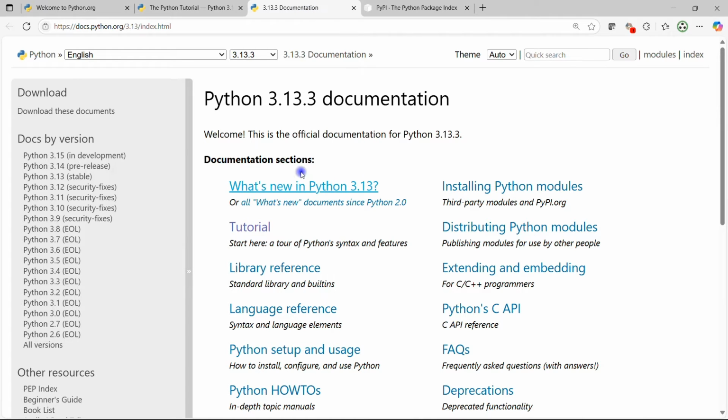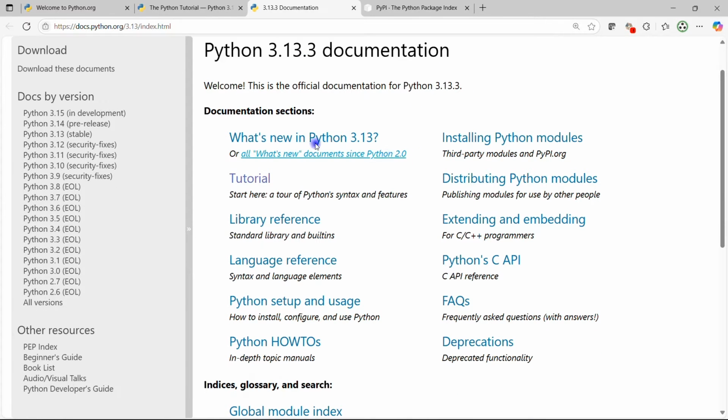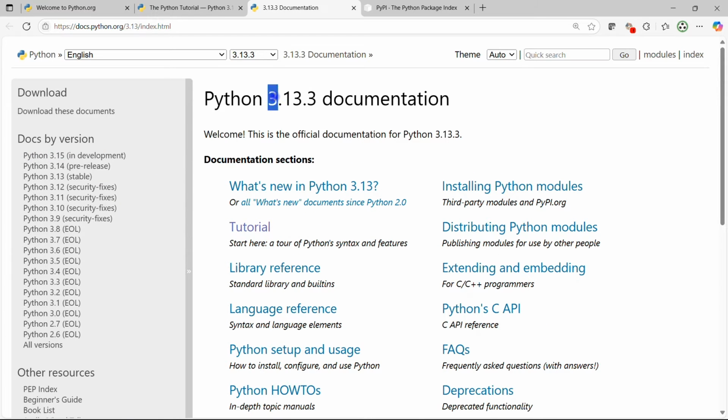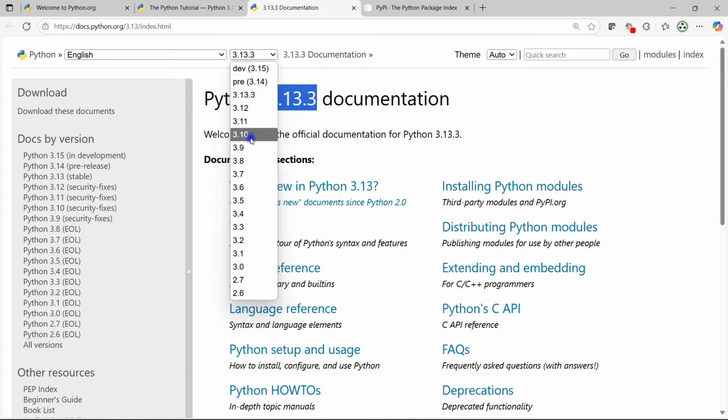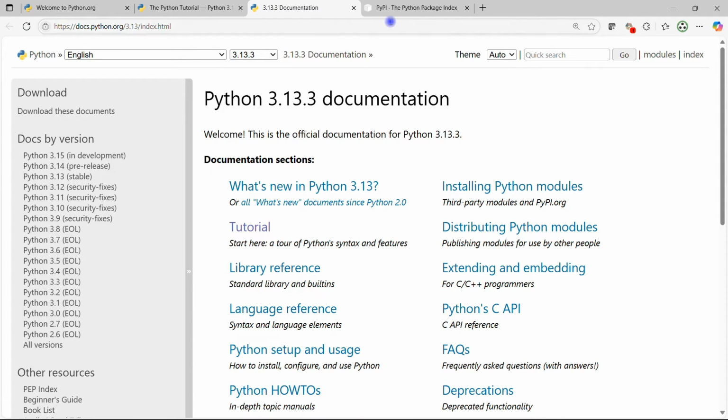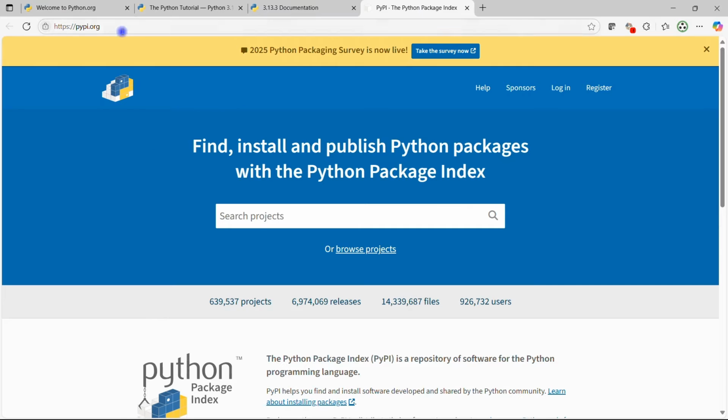Okay, for the documentation, we can see it's full-fledged documentation. We have the tutorial section, library, language, Python APIs, and so much information. This is specifically for 3.13, right? And we have so many previous versions we can see here. Don't worry about any of the links, right? And this is our